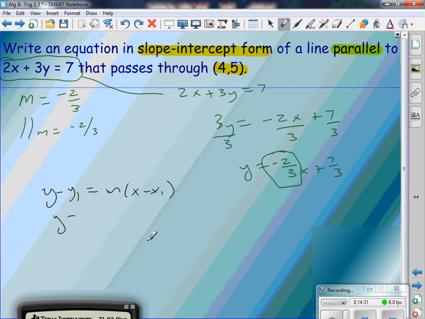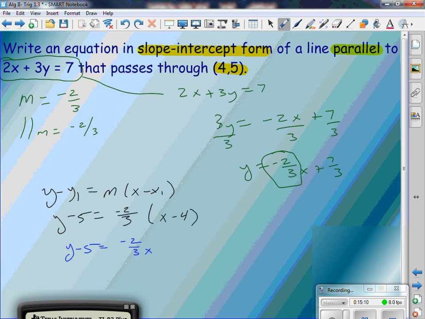y minus, what's my y value? 5. Equals negative 2/3 times x minus 4. I got that 5 and the 4 from the point that they tell you. Is this in slope-intercept form? No, so I have to take it further. So I have to solve it, my first step should be distribute. y minus 5 equals